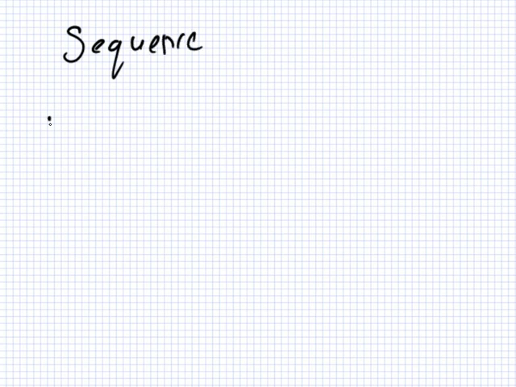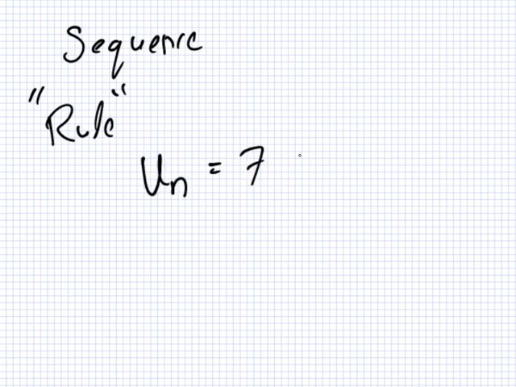So the best way to write a rule for a sequence is as a formula. So if you want to write the rule, you could write it, for example, like this. u_n equals 7 minus 2n. So if you write something like this,